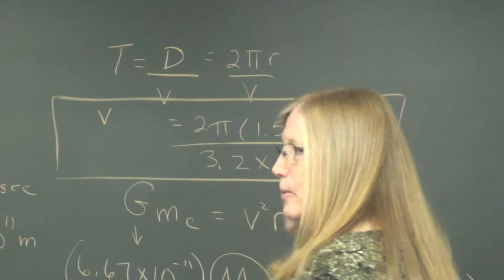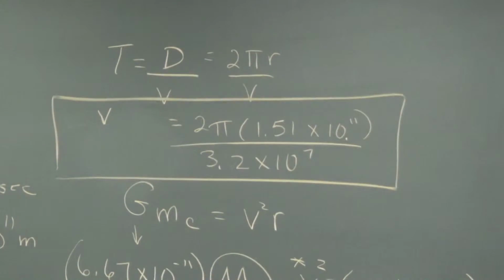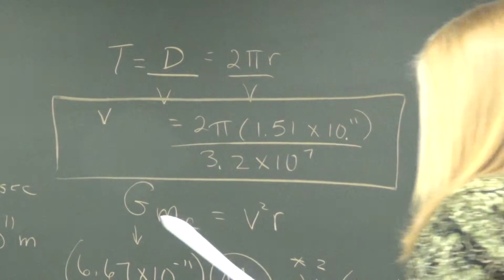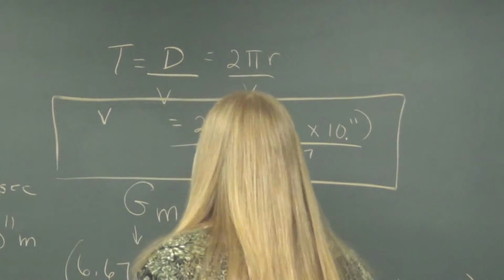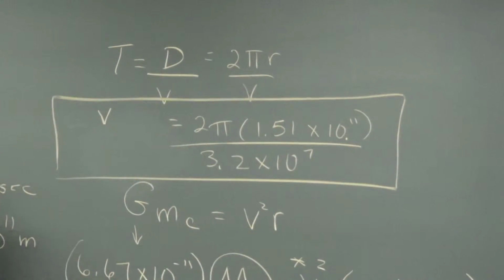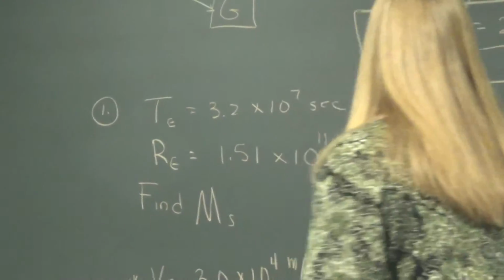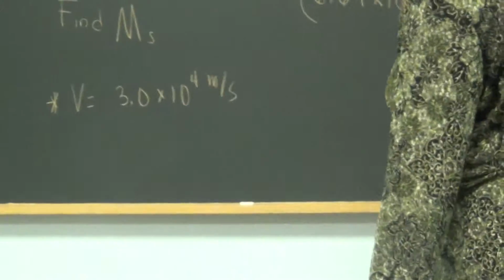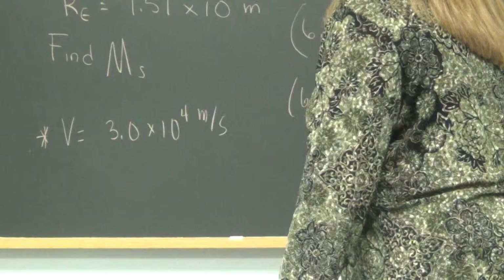So this is what we have to get out of our calculator. Instead of doing that, if you would just allow me to tell you, it comes out to 3.0 times 10 to the 4th. So velocity from that equation comes out to be 3.0 times 10 to the 4th. That's meters per second. So I'm going to go and put that in here. I don't have much room, so I'll scrunch it up. What I'd like you to do